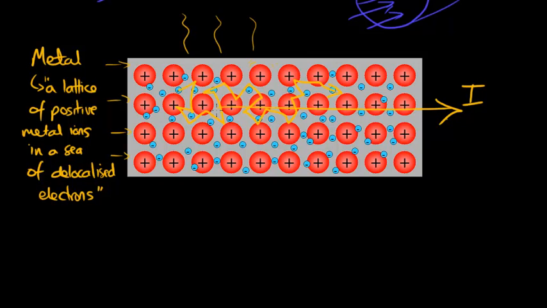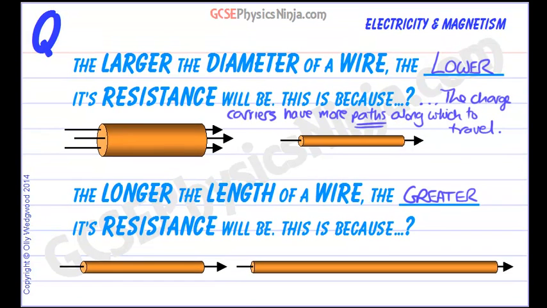So if we made the wire longer, then there will be more collisions of these electrons with the ions, and so they will lose more energy. And that's why increasing the length of a piece of wire will increase its resistance. So let's put that into words. So this is because